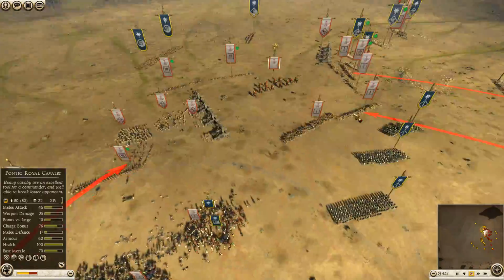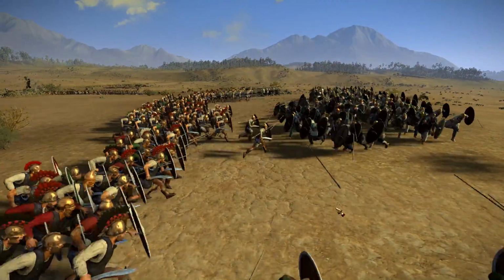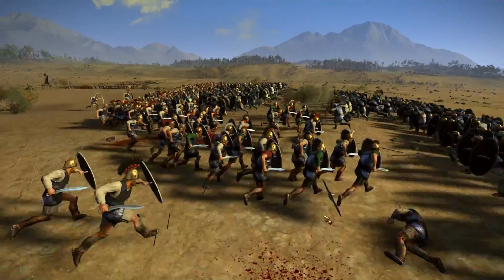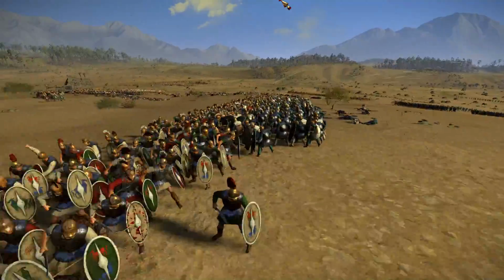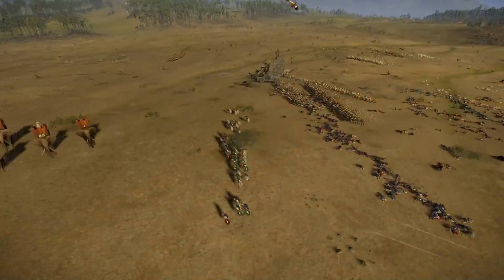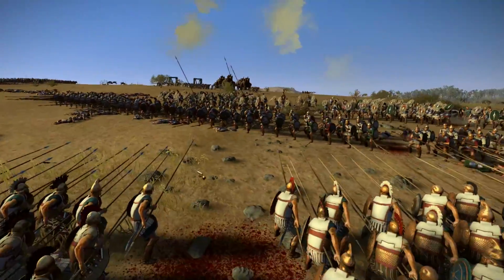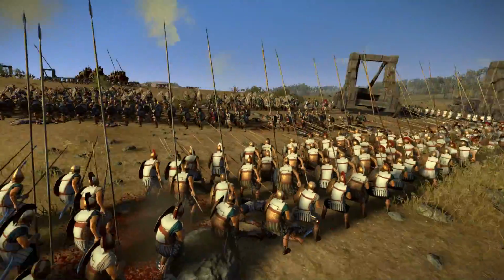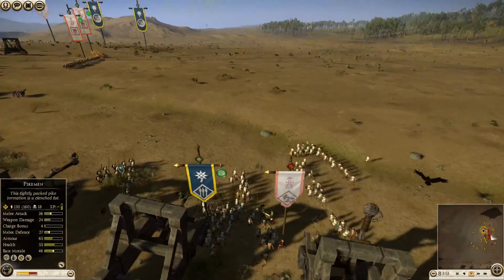My Scythians sitting in the back, and then in the center, we're going to get a big charge, infantry versus infantry. Pontic Swordsman, not necessarily known for being too sturdy, but I have 3 versus 2, so I do expect this to hold up pretty well. Meanwhile, over here, my pikes are engaging with the enemy pikes. The enemy is going to be firing in with his onagers, which are going to be starting to take a chunk out of my forces,